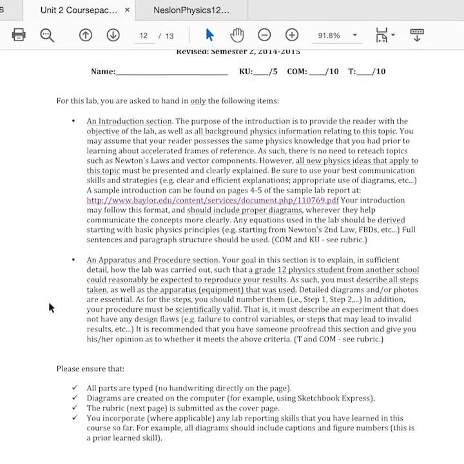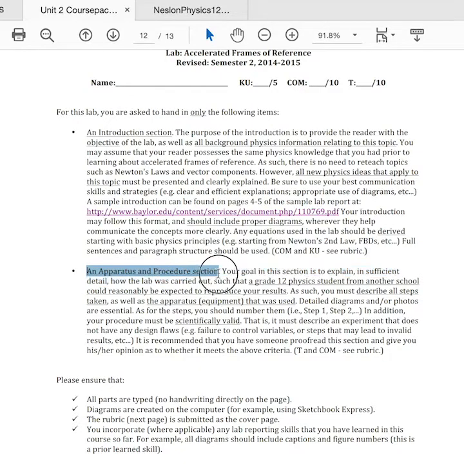The second thing I'd like you to hand in is called the apparatus and procedure section. As the name suggests, I would like a list of the materials that need to be used or gathered to do this lab. And I'd also like a procedure for how to carry it out to get the results that we got. So in terms of the apparatus section, that can simply be a list. The way a recipe for food that you might be using also has a list of ingredients. And the procedure section should have something like step 1, step 2, telling somebody what to do to replicate your